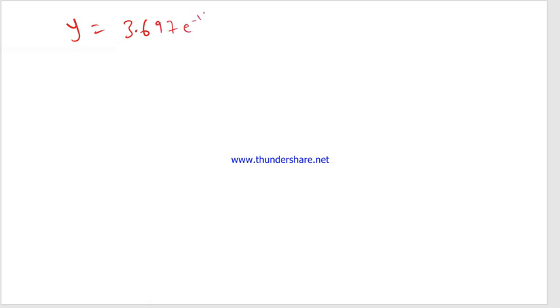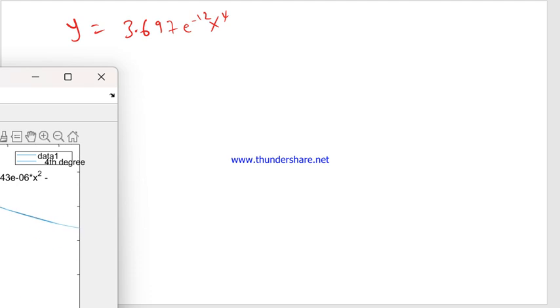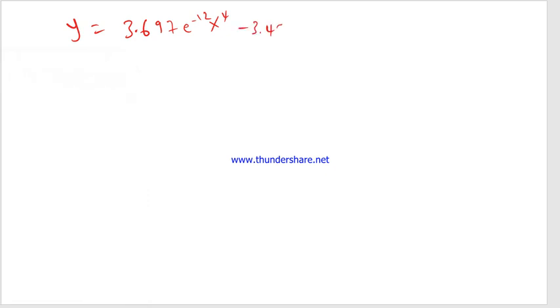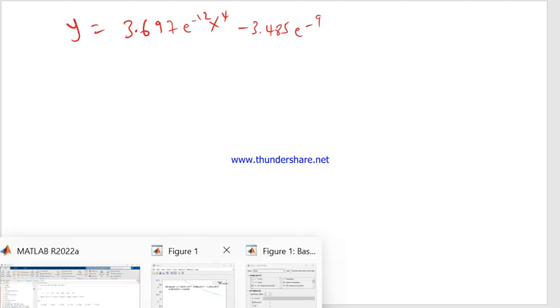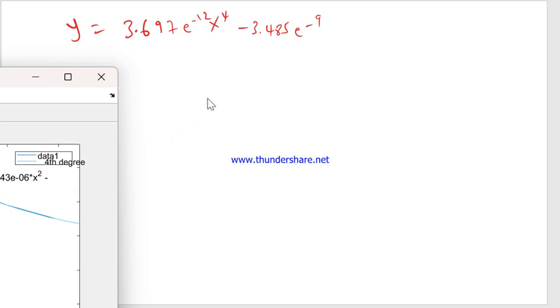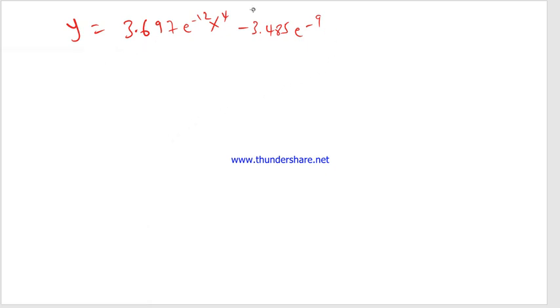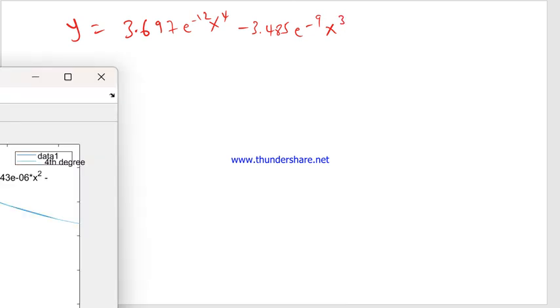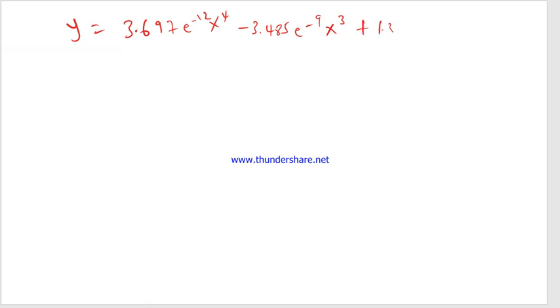minus 3.485 exponential minus 9 x cubed, plus 1.343 exponential minus 6 x squared,